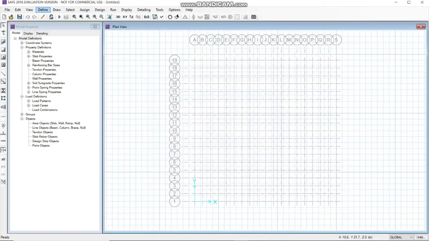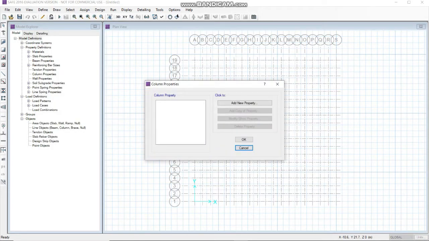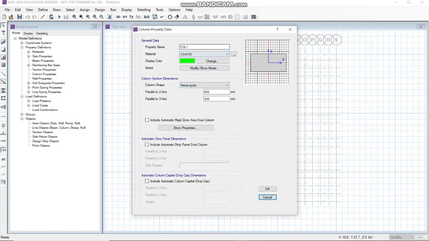Click on OK. Now go to define again, click on column properties. As you know, we finished the mat footing. Now we are going to define the column properties. Click on add column property. We just need two different types of columns of sizes 500 by 500 and 600 by 600.